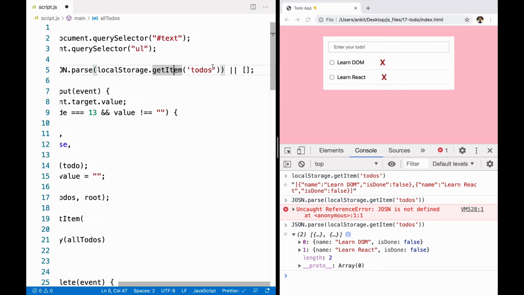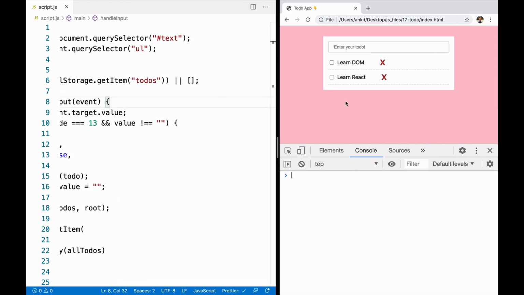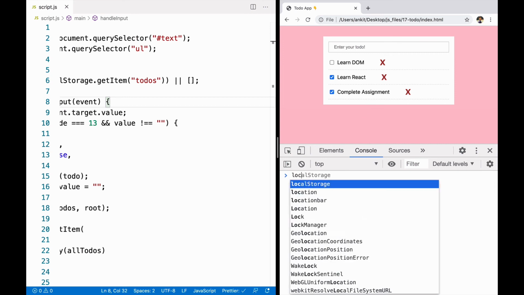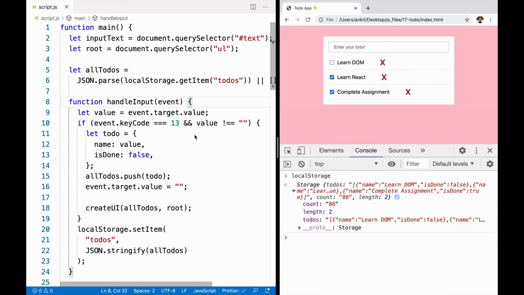Refresh this, and when we are refreshing this page now, we can see it persists. So if we click on learn React, refresh this page, and we can see it is able to persist now. Let's go ahead and add a to-do. We'll add a new to-do by saying complete assignment, and we can see right now we have 3 to-dos. Refresh the page, and on our page we have 3 to-dos. If we click on complete assignment and toggle this, in our local storage we have all the data that we need to be stored.